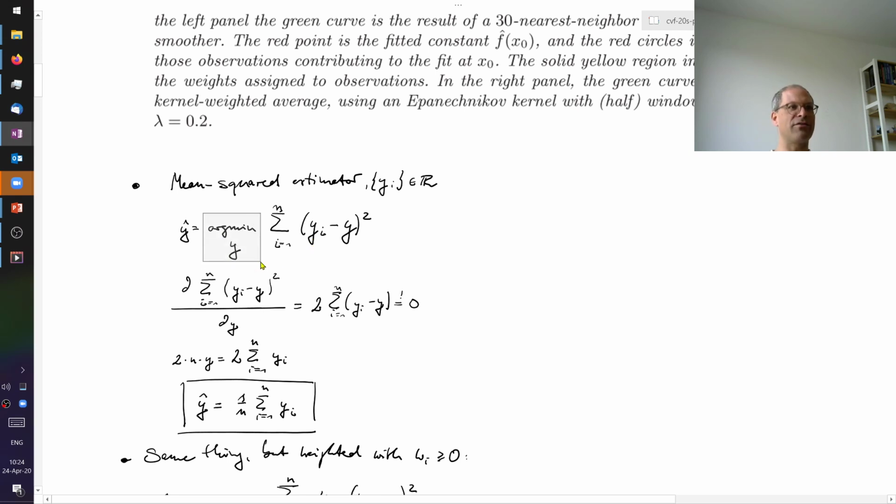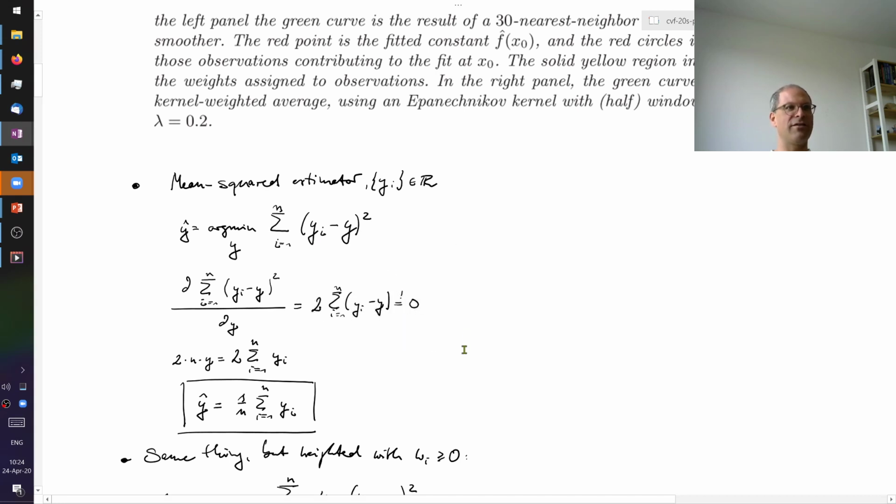You minimize over y the sum of the squared deviations of my measurements from y. So how do I do that? I differentiate this objective function with respect to y, giving me the thing written here. And then I say this is a convex optimization problem, and the extremum will be found where this derivative is